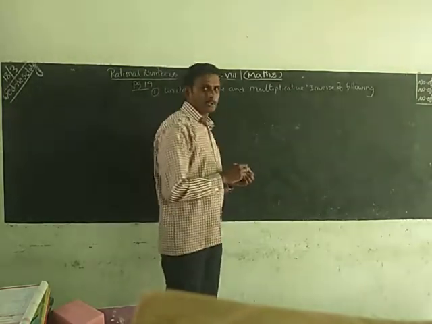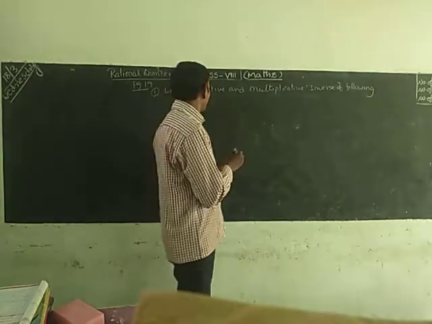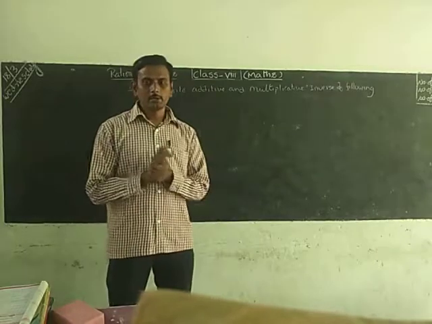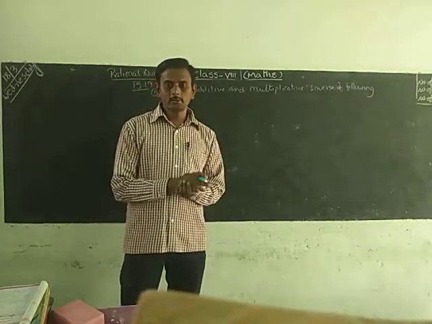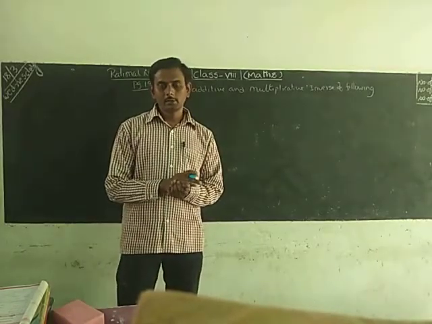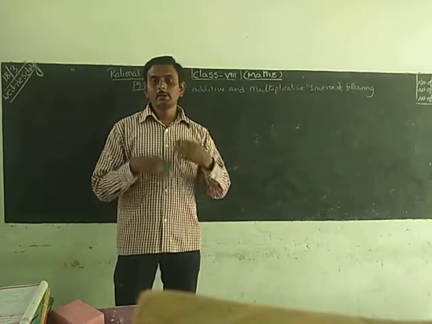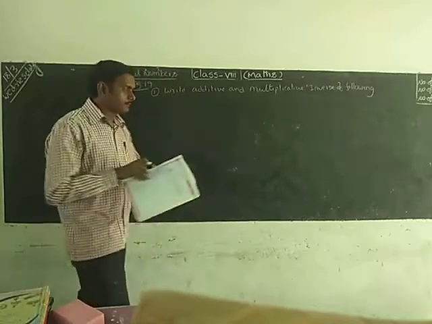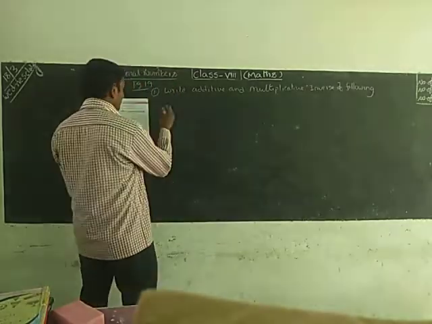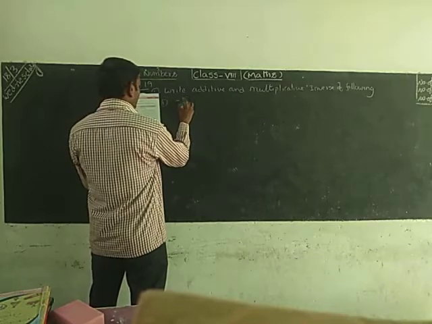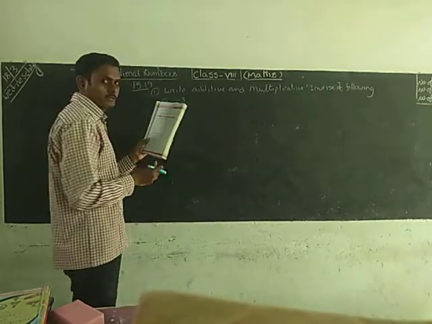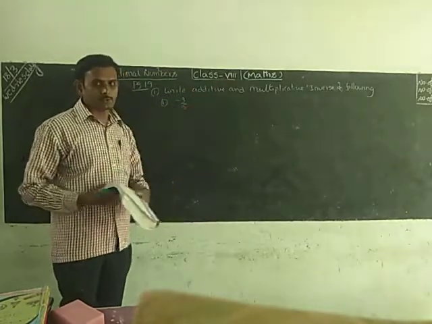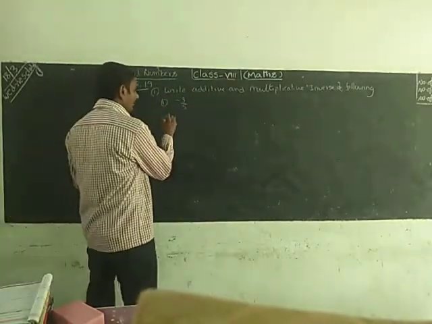Here I want to write a shortcut for additive inverse and multiplicative inverse. While writing that, you have to remember that additive inverse means change the sign of the number. Multiplicative inverse means write the reciprocal. Okay, we will write the first question. Nearly 5 questions are given. First question, 3 by 5. For this, we have to write the additive inverse and multiplicative inverse.